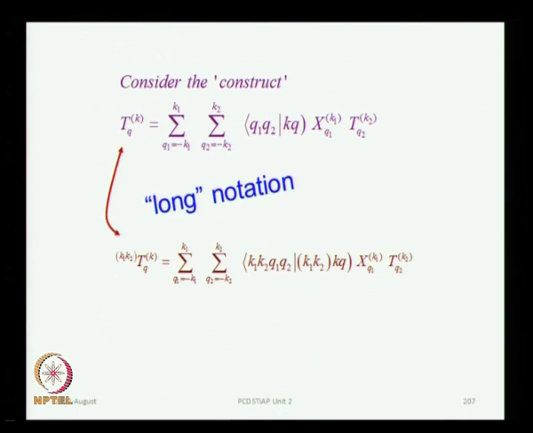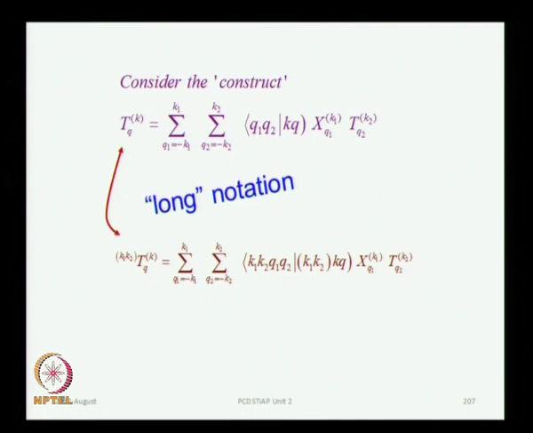So, what we are going to do is to take this construct, which I have written in the long notation over here just for clarity, but writing k1 and k2 is not important. They are specifically in this context the ranks of these two tensors over here. In the context of the angular momentum coupling, those were the two angular momenta j1 and j2 that we were talking about,